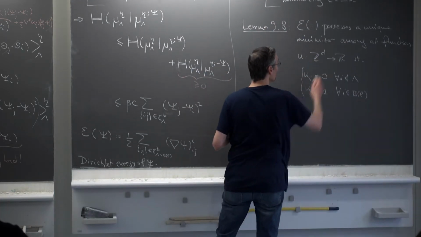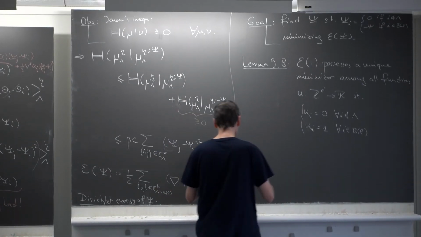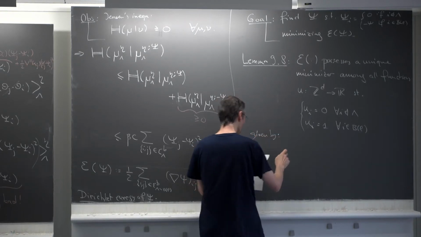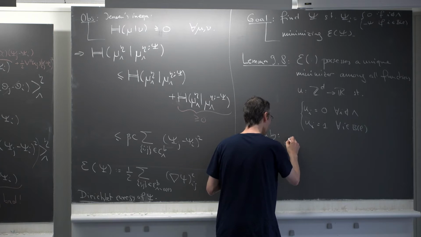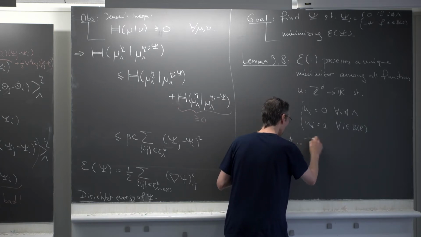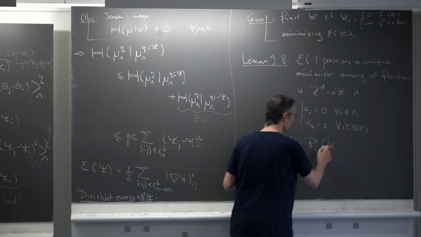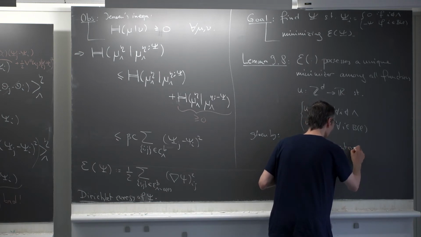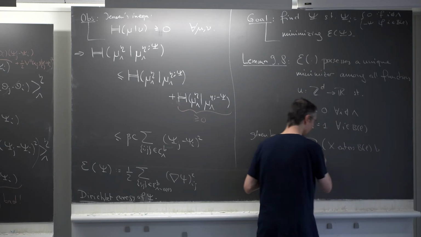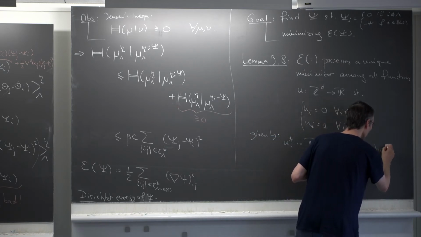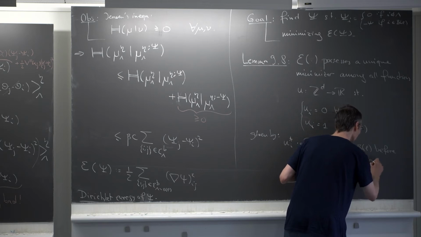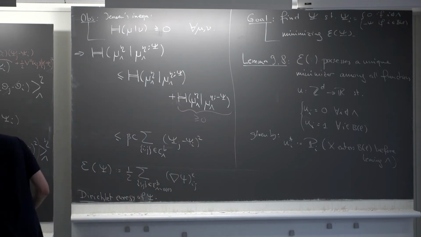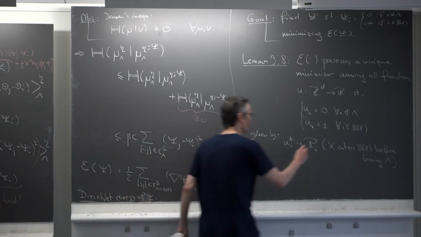So among these functions, there is a unique minimizer. It's completely explicit. The minimizer is given by a function ui star, which is the probability, starting at I, that the symmetric simple random walk on ZD enters the box BL. So it starts at I and it enters BL before leaving lambda. So that's the probability. As I said, this is the symmetric simple random walk on ZD.